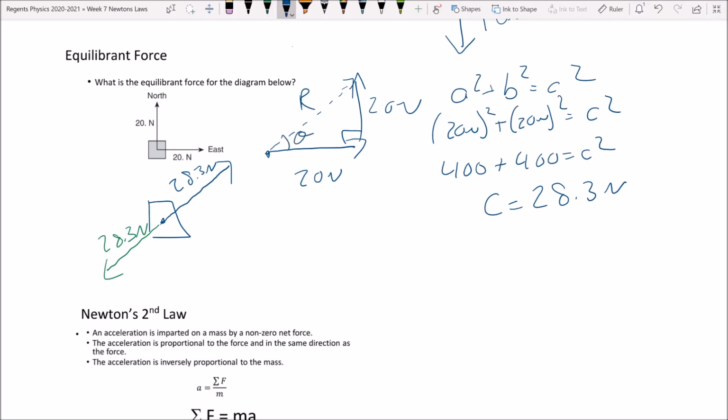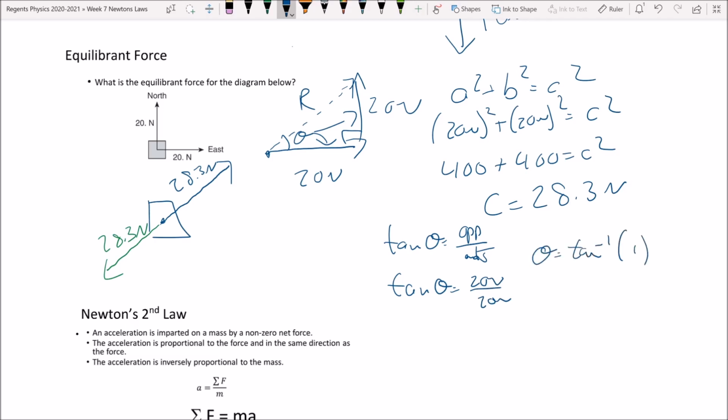So I'm going to name my angle theta. Okay, and so I'll say the tangent of theta is opposite over adjacent. And I get the tangent of theta is 20 newtons over 20 newtons, which is just 1, right? So theta is equal to the inverse tangent of 1. And so if I do the inverse tangent of 1, I get a nice angle of 45 degrees. So this angle here is 45 degrees. And if you remember some geometry, it tells us that this angle right here is also 45 degrees. So I guess the equilibrant might be 28.3 newtons